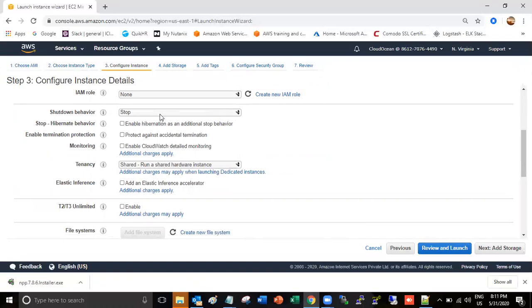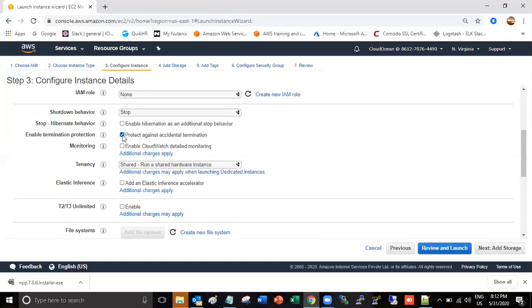Then here the shutdown behavior, it should be stop, because if you choose terminate, then when you stop your instance, it will directly terminate your instance. Okay, so keep the shutdown behavior as stop. Okay, and here enable termination protection, just enable this, because it will help you in a production environment.